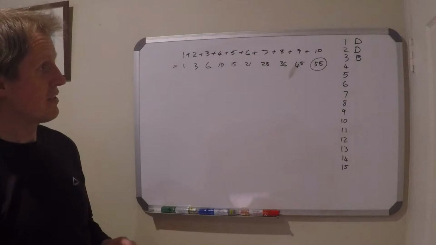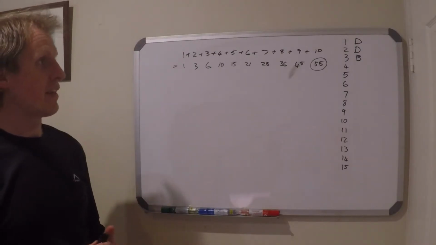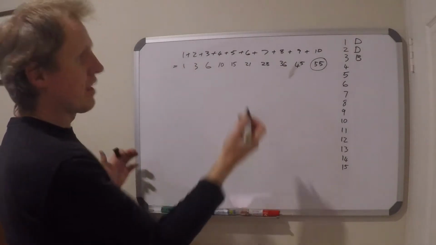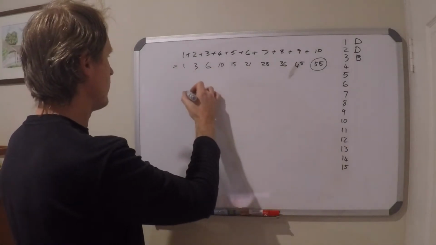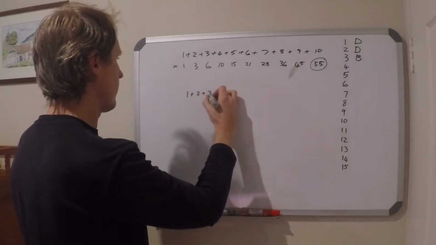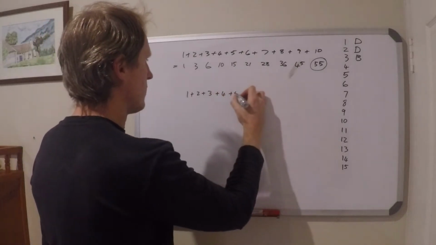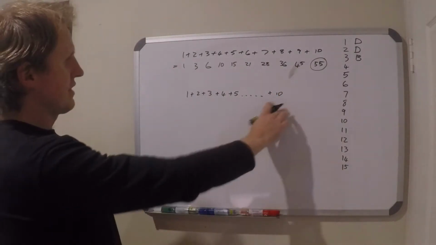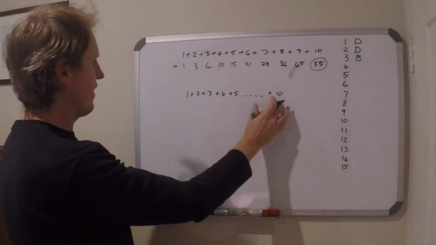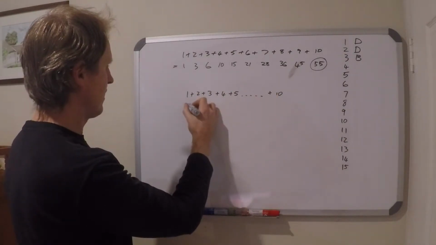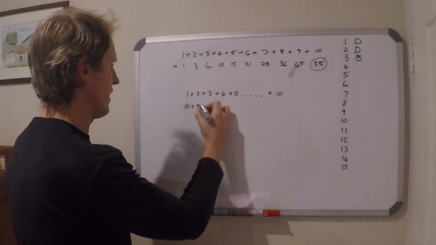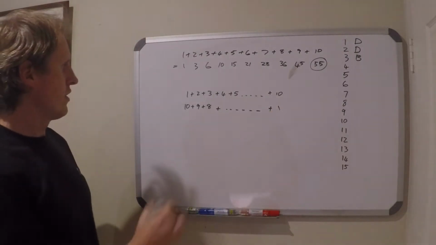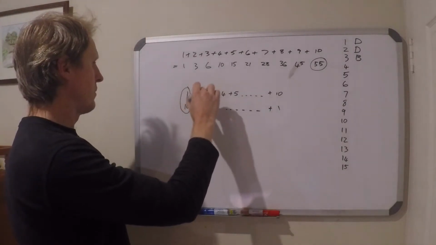There is another way to do this, and obviously if it was a longer list, let's say they asked us to find the sum of the numbers from 1 to 100, that would take a long time to add up. But what we can do is say 1 plus 2 plus 3 plus 4 plus 5, dot dot dot, plus 10. So in this case we're summing the numbers from 1 to 10. If we reverse this list and put the 10 in front on this side, 10 plus 9 plus 8 plus, and we end on 1, you can see that if we group our numbers like this,